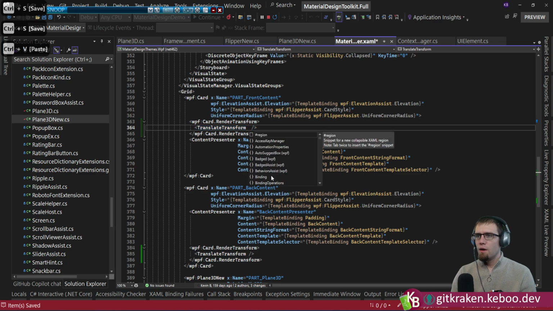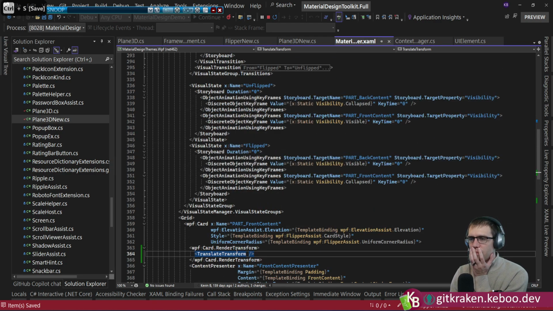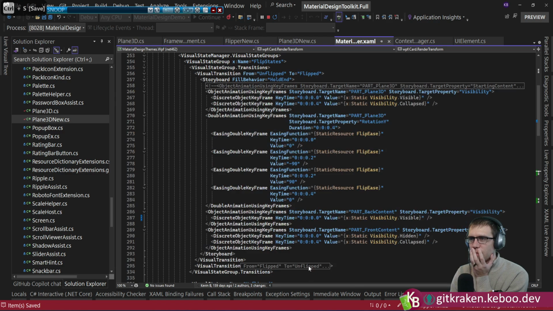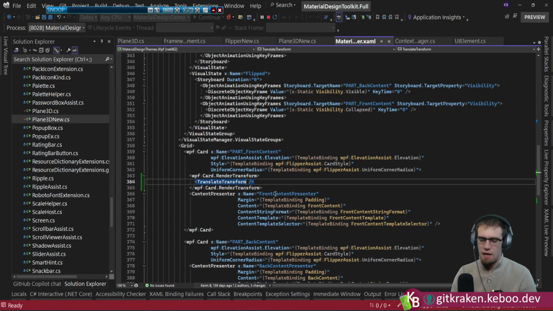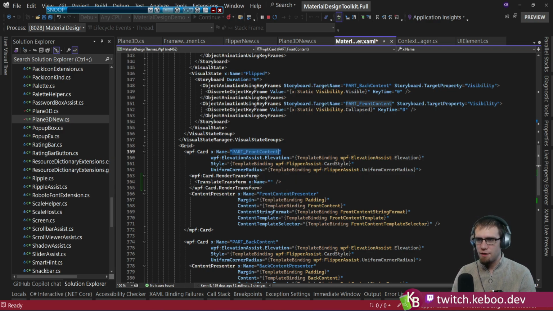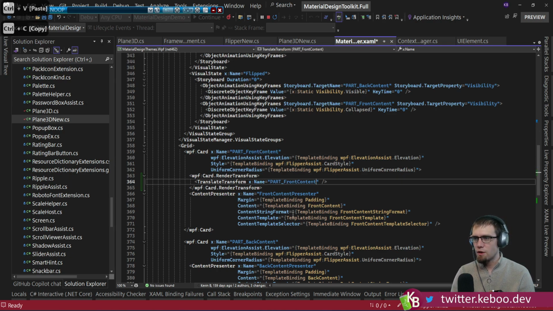Okay, so then we can either reference it by going through this property or we can reference it by name. I think I'm just going to give it a name. That seems much easier. Because you can technically go grab the part front content, grab its render transform, cast the value in render transform to translate transform, blah, blah, blah. But I think what we're going to do is